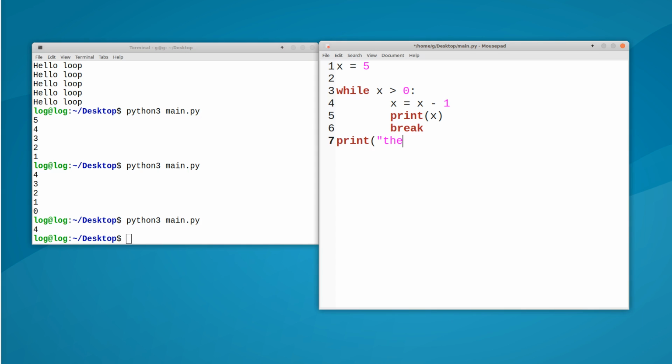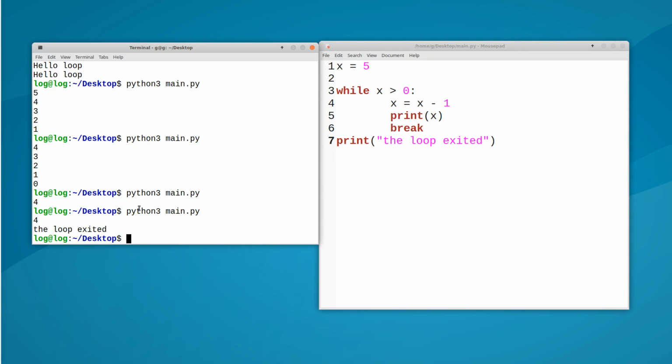And if we print out the loop exited, and we run this, we can see that as soon as we print the x and then we break, this print function gets executed. So, for example,